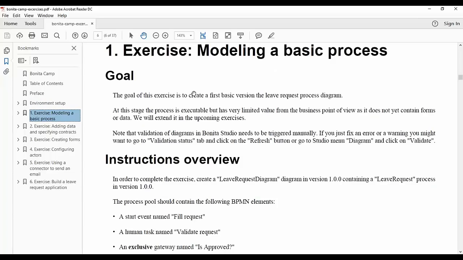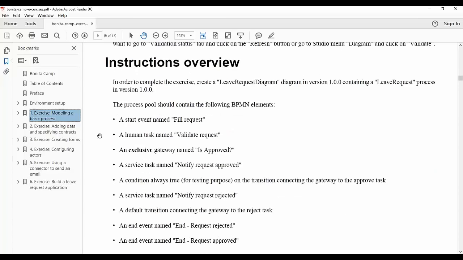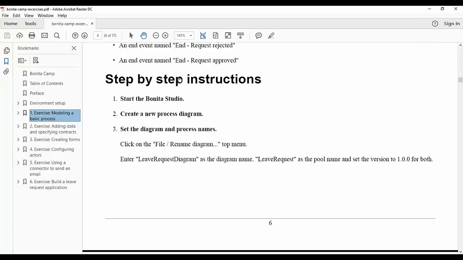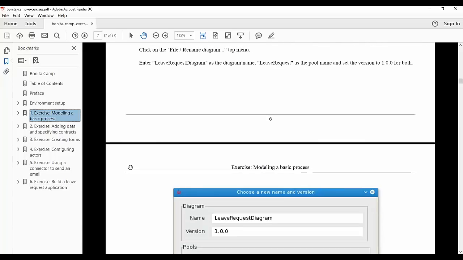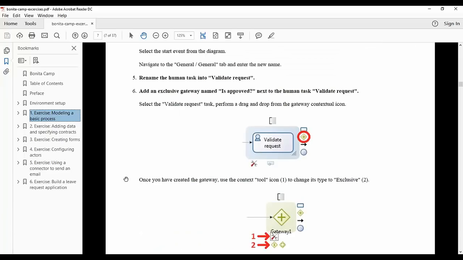As you can see, the goal is to make sure you have your first version of the process that we'll be using for the application. You have really complete instructions. All the steps are quite well explained, so you can go to the step-by-step instructions in case you are not sure how to do things, and then you will have screenshots and so on showing how you will be doing things.